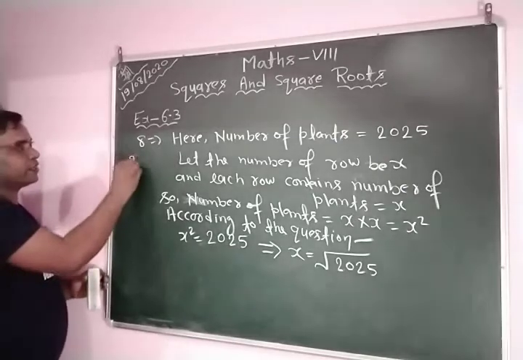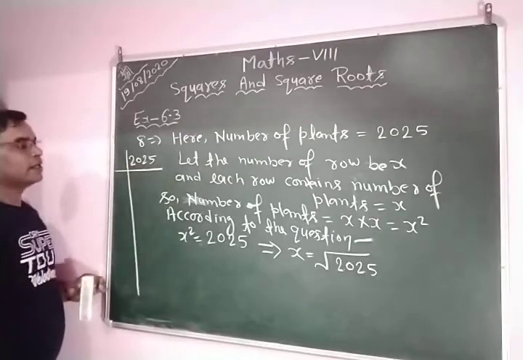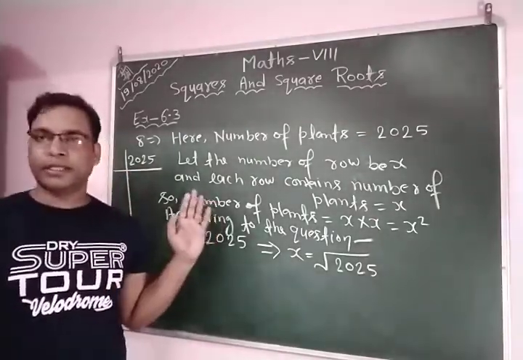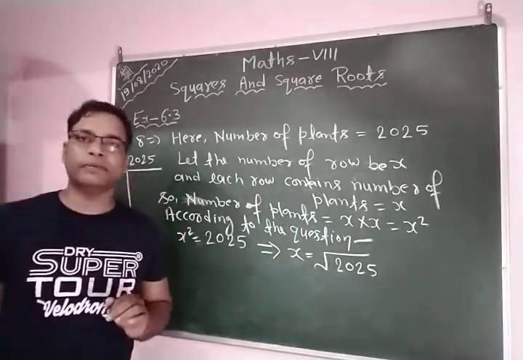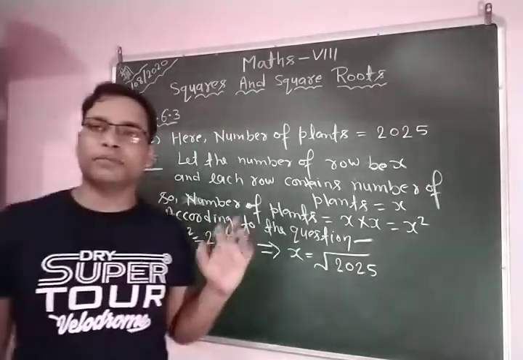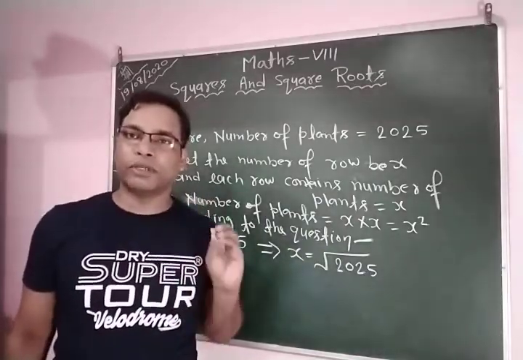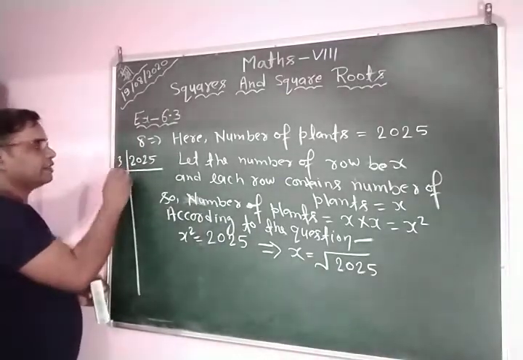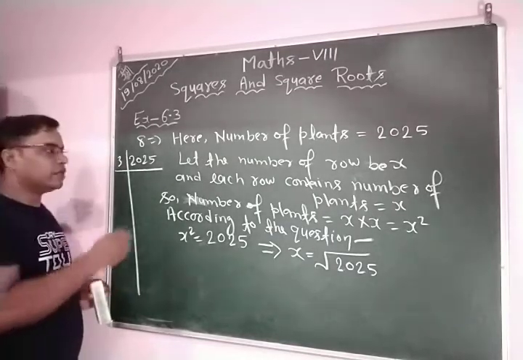The number is divisible by 3 because the sum of digits is 9: 2 plus 0 plus 2 plus 5 is equal to 9. So first we take the smallest prime number, because we are going to find the prime factorization of 2025. Clear? So here you write 3. If you divide 2025 by 3,